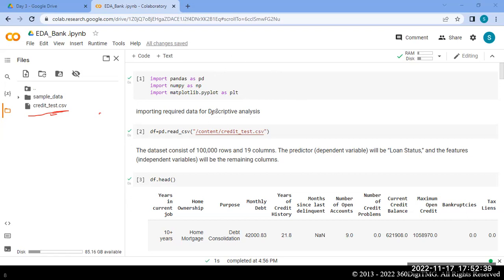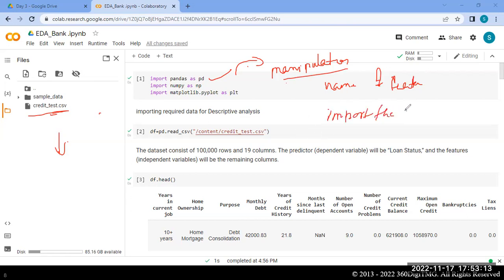Before that, to import the data, we need some libraries. First, we have pandas. Pandas is responsible for all the manipulations we do. Manipulation means, for example, changing the name of a feature, importing the data, or finding out if we have any anomalies.